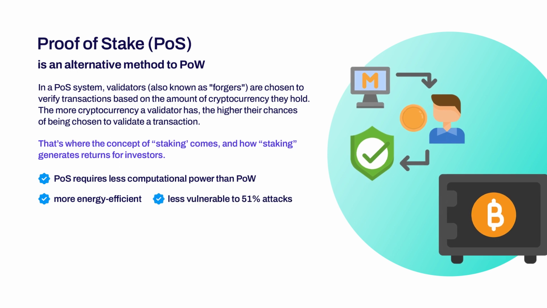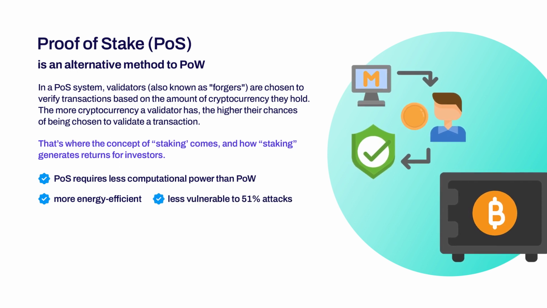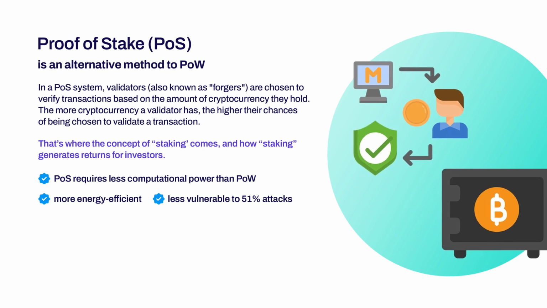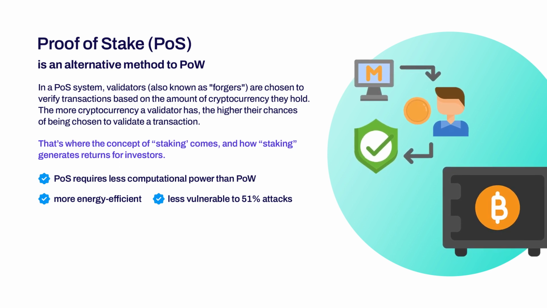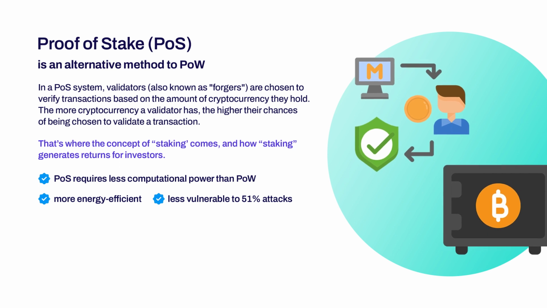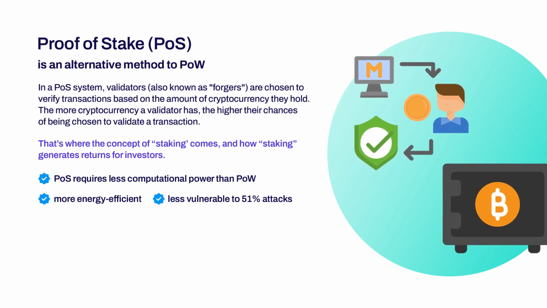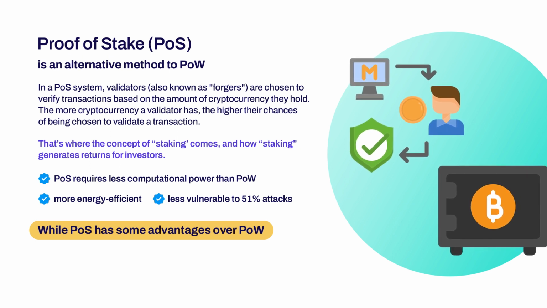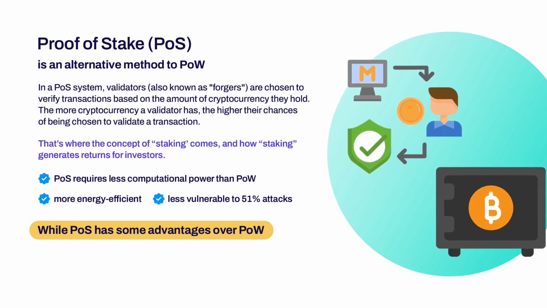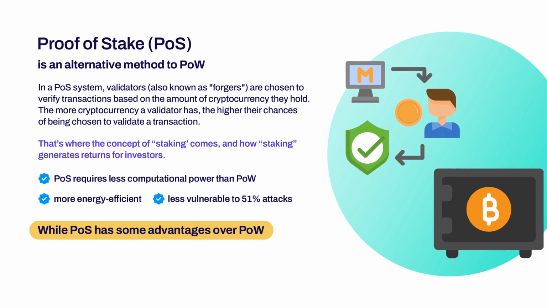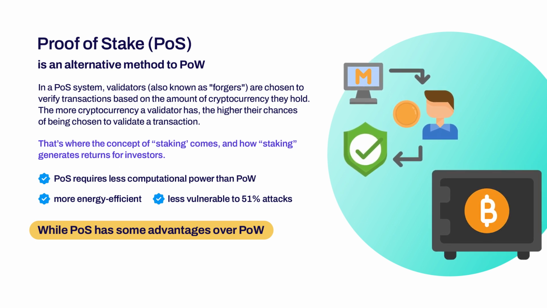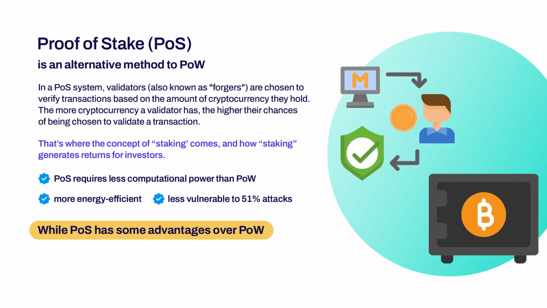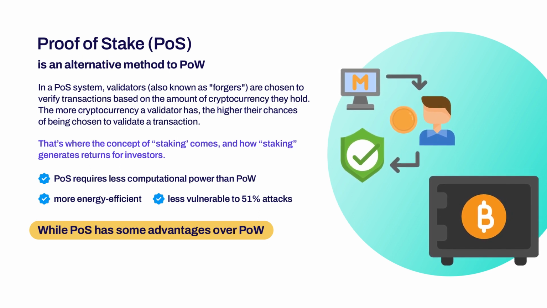It's also less vulnerable to 51% attacks, since a group of validators would need to control more than 50% of the cryptocurrency in circulation, which is much harder to achieve than controlling computational power. While POS has some advantages over POW, it's still a relatively new method that hasn't been fully tested in the real world. Additionally, it can be seen as less decentralized, since validators with more cryptocurrency have more power over the